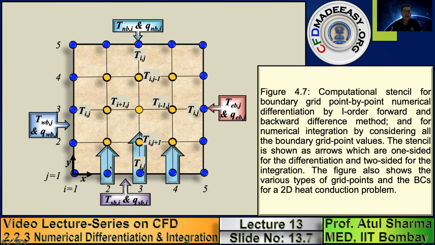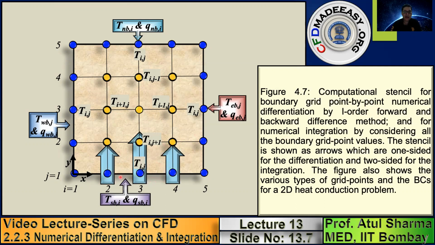To calculate Qy, you need dT by dy. So to calculate dT by dy at this point, if you are using first order forward difference, which I discussed in the topic of finite difference method, you can take the temperature of this grid point. You can write a formula where you use the temperature of this point minus temperature of this point divided by the distance between the two. Similarly here and here. So with this, you will get, for each boundary grid point, one value of conduction heat flux.